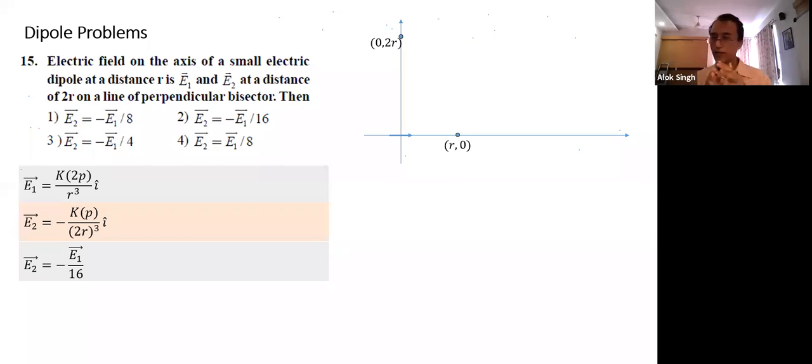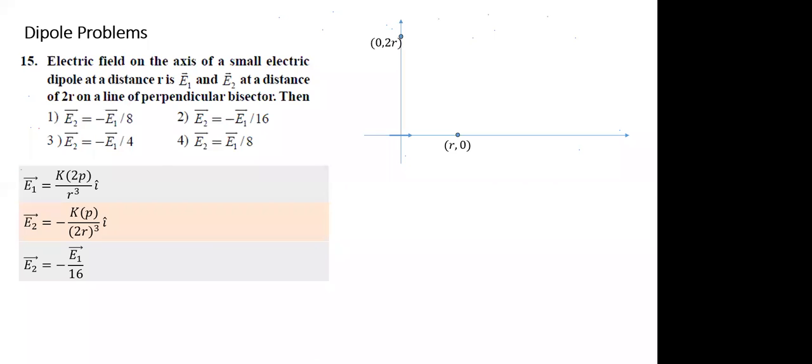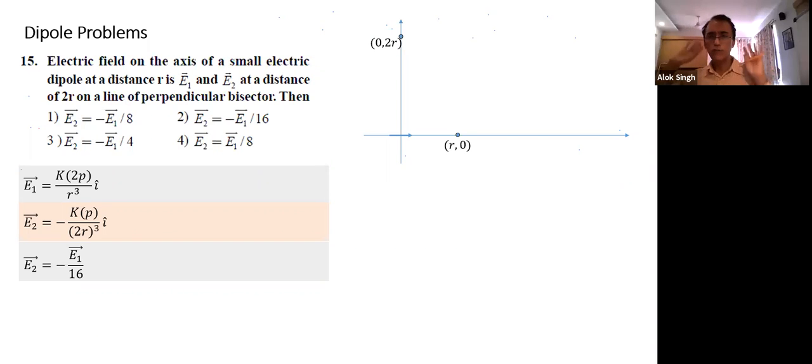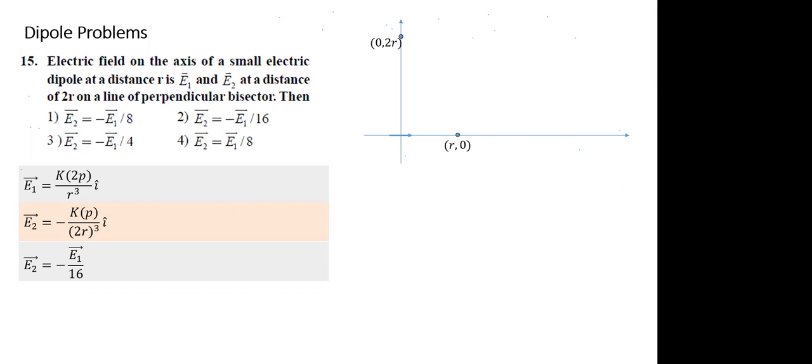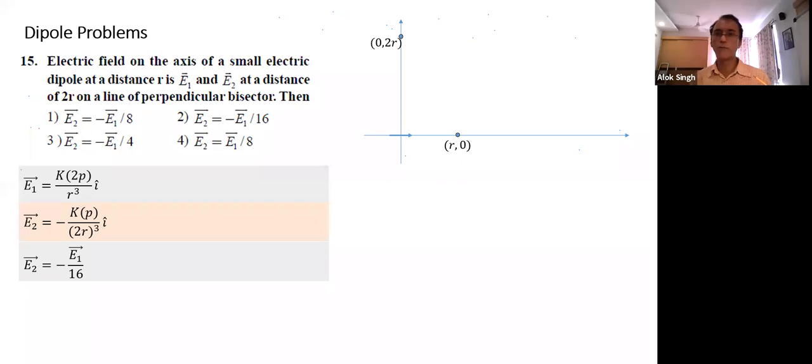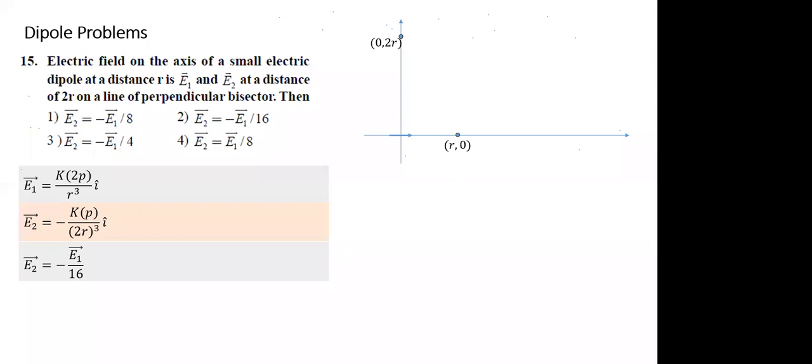It becomes more meaningful in the case of linear displacement. We say at infinity it is zero, so it makes some common sense: infinity is very far, force acting is zero. But why zero? There also we're making some assumption. Here we don't have a choice of choosing infinity, so we have to choose some angular position. Which angular position? We're choosing pi by 2. Why pi by 2? So that it becomes zero, the simplest expression.